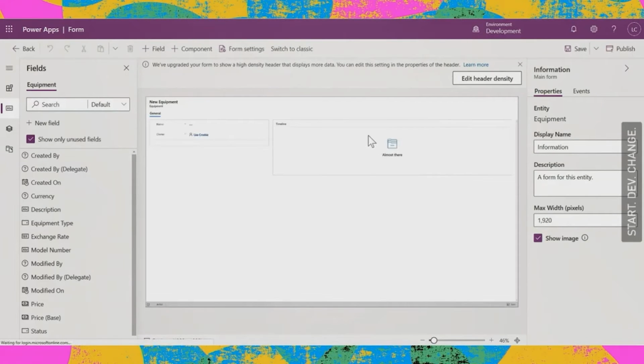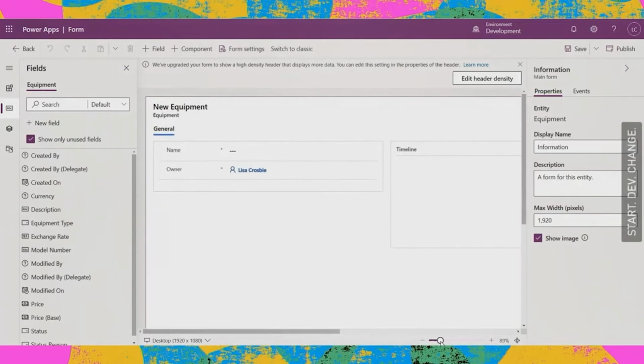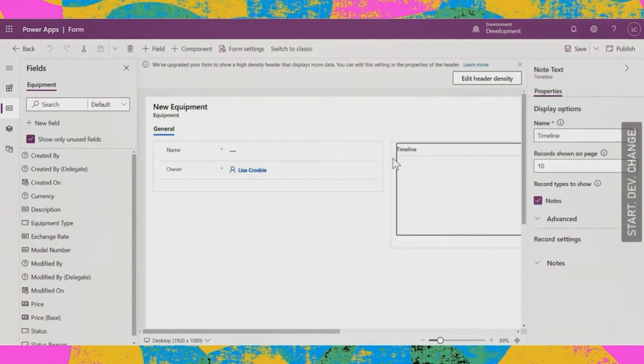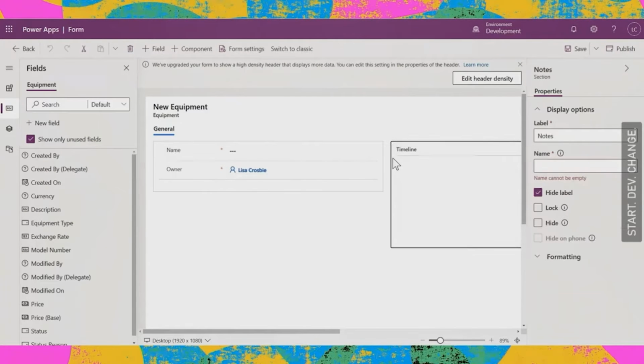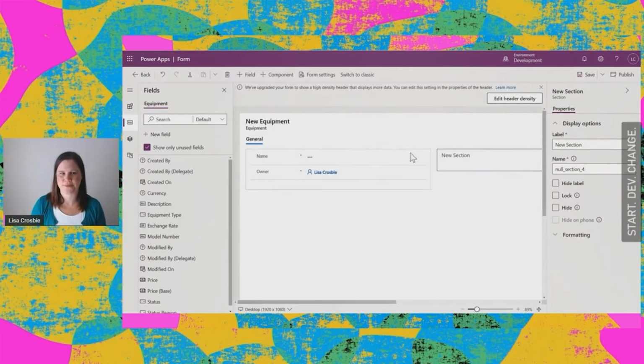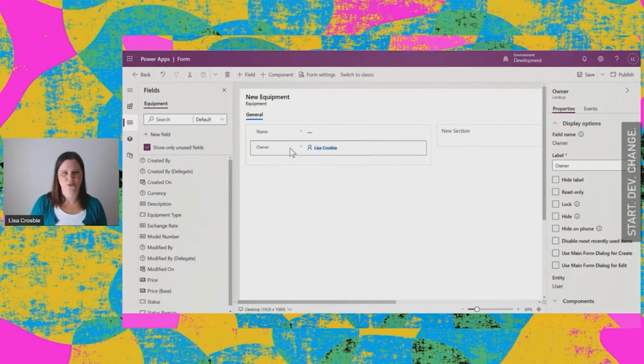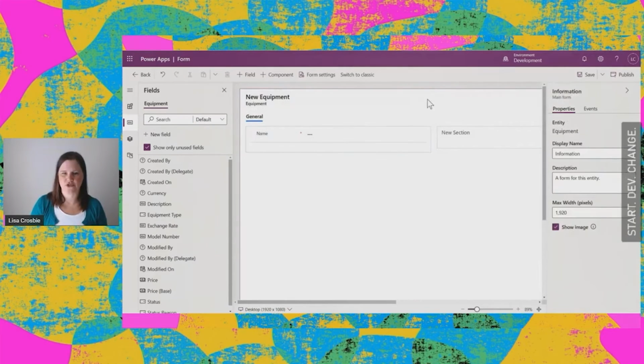So that's perfectly normal. So what we see here is the skeleton, if you like, of a form. And there's not much here at the moment. There's a timeline by default, which enables me to track things like emails and notes and stuff. I don't think that's particularly relevant here. So no, don't want that, get rid of it, easy. And then the owner of the record, also something I don't want front and center there. So I'm just going to drag and drop that and put it up in the header. So you can have things sitting in the header of the record and you can choose what goes there.